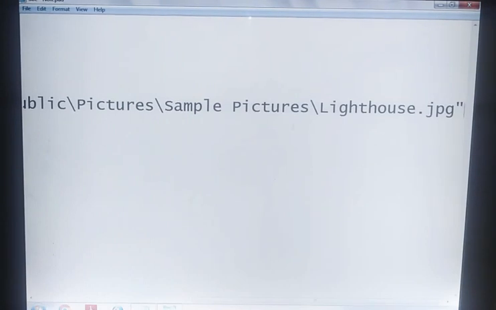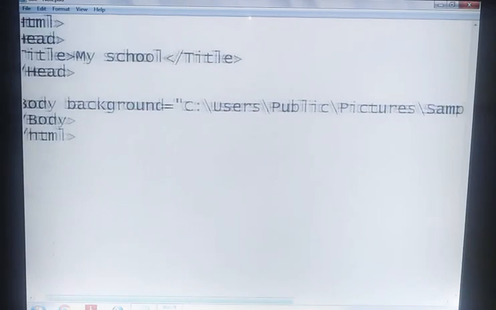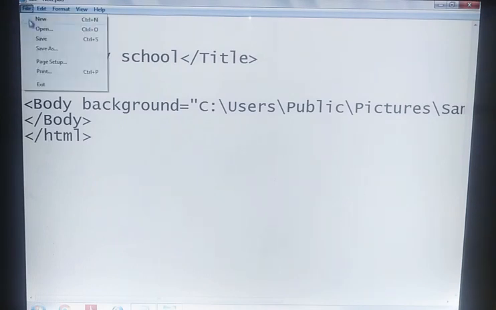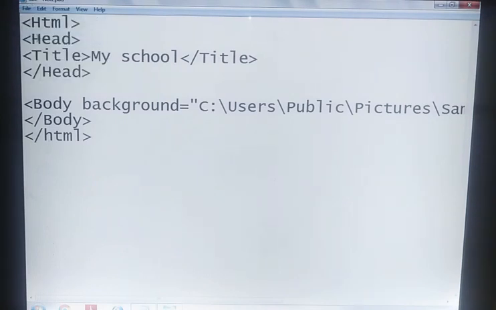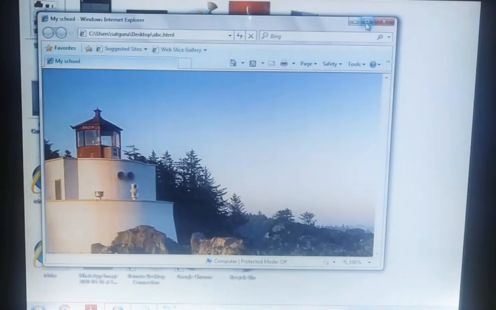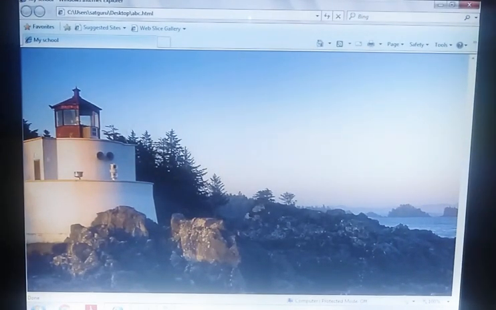Fine. Now the next thing is just come to this area. By using this scroll bar, you can scroll the page here. Now click on file and then save again. Whatever changes you are going to make in your notepad area, you need to save again and again. Now minimize it. As we know, we have saved this file with the name ABC. Let's have a look here. This is the file here. Let's click. You can see the image appears as a background here.